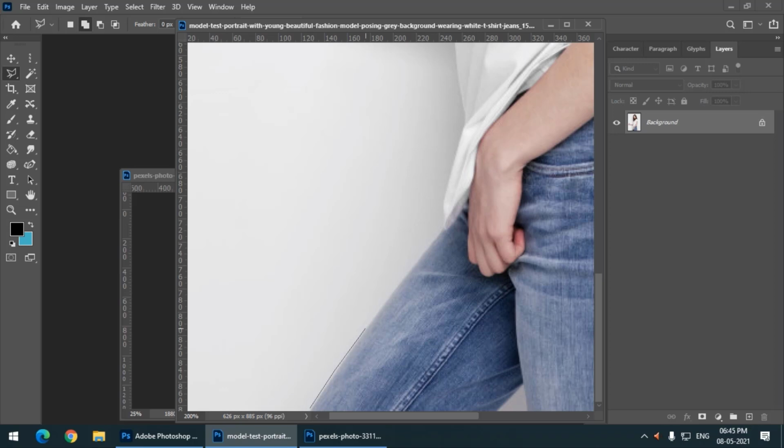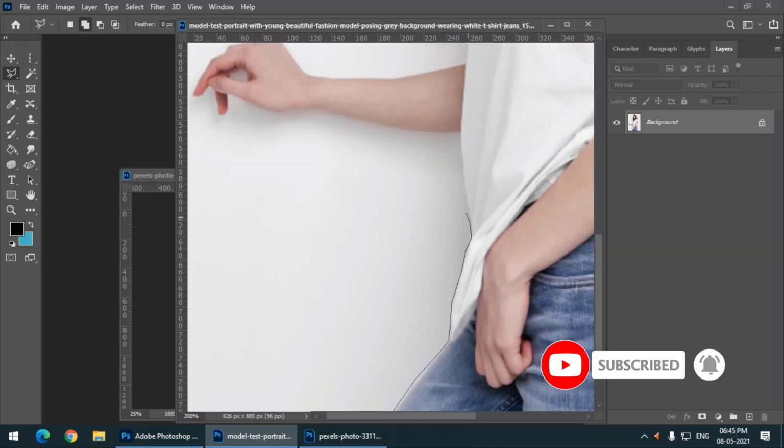We simply click and release, click and release. The distance is not fixed, so we can select it as per our liking.